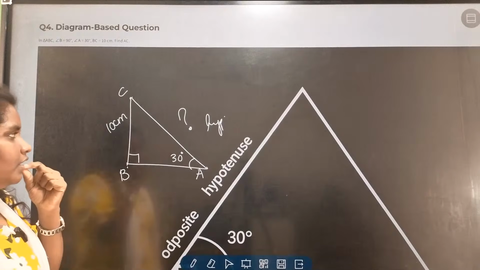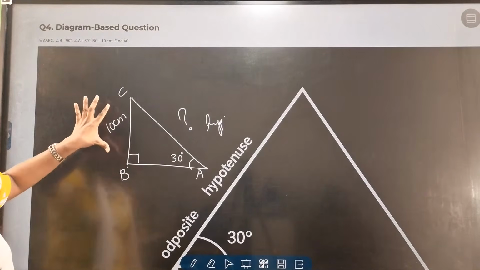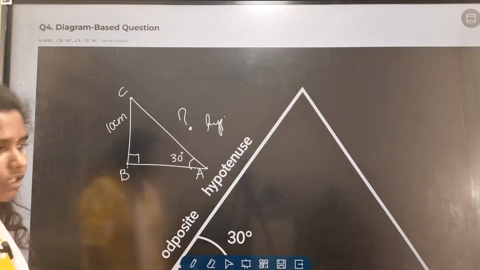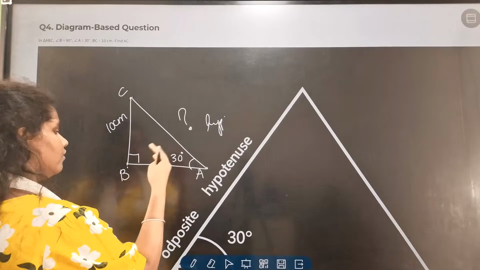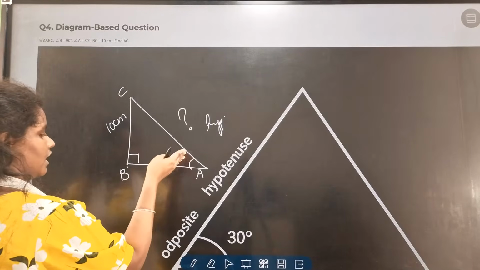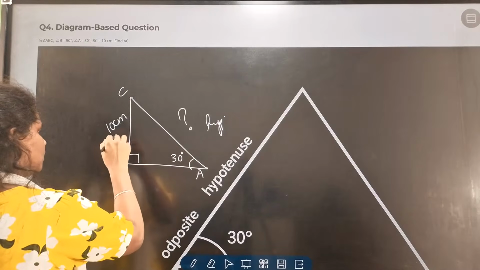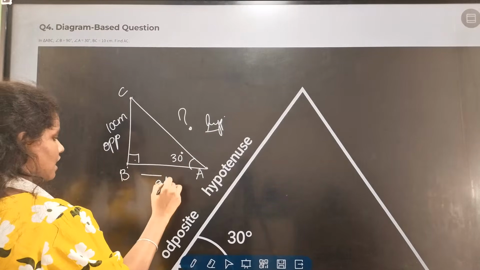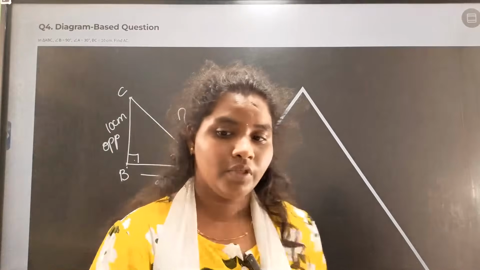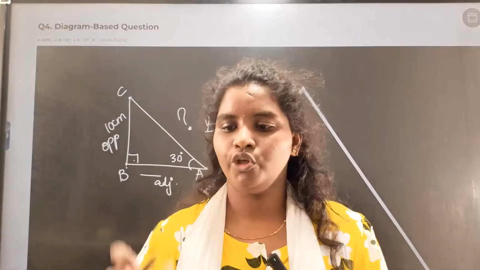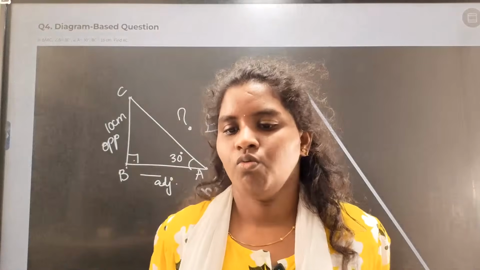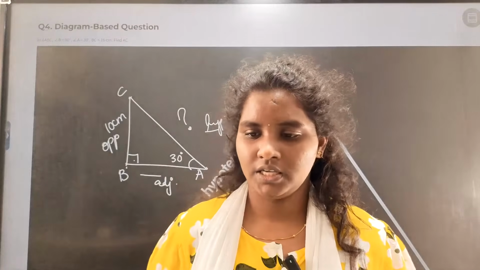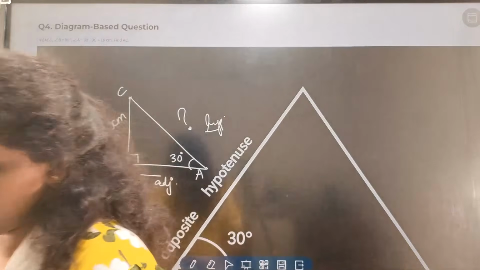Here theta is given, so one side is given. For example, if A is an angle, we have to mark the sides: the side opposite to theta is the opposite, the side opposite the 90-degree angle is the hypotenuse, and the remaining one is adjacent, right? See, why do we have to use sine here? Why do we have to use the trigonometric function sine? Can anyone explain?